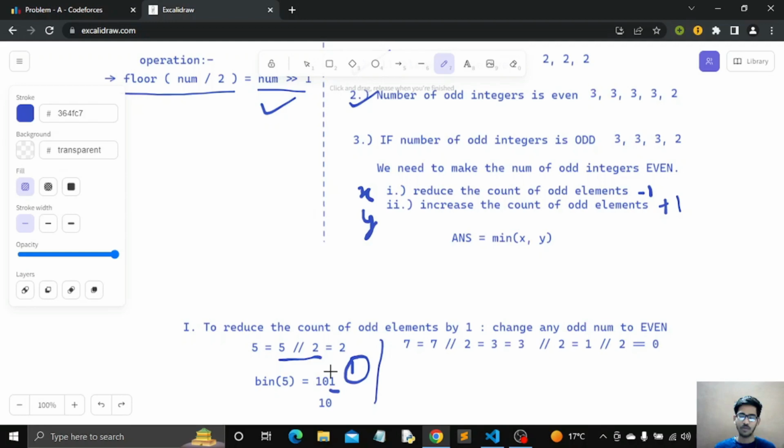Now let us see this 7. 7 is also an odd number. Now if we divide 7 by 2, it gives us 3, which is not an even number. We will again perform another operation, and it gives us 1, which is also not an even number. We will again perform the operation. It gives us 0. So now it is an